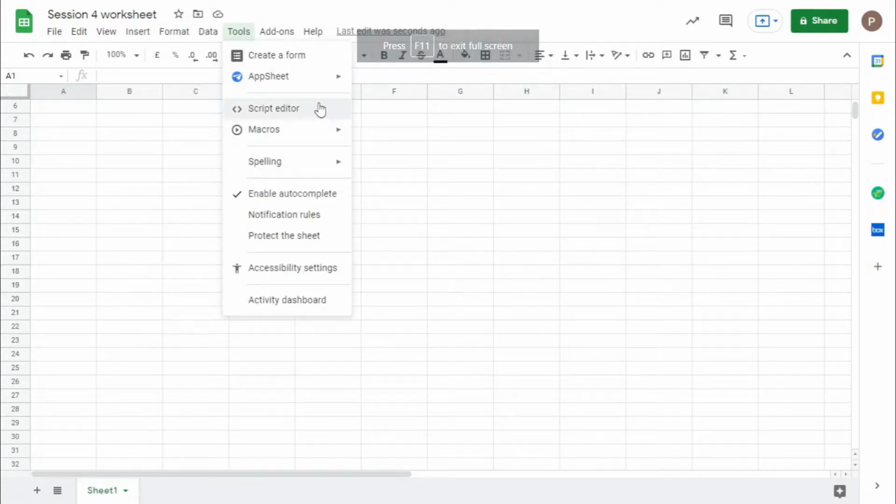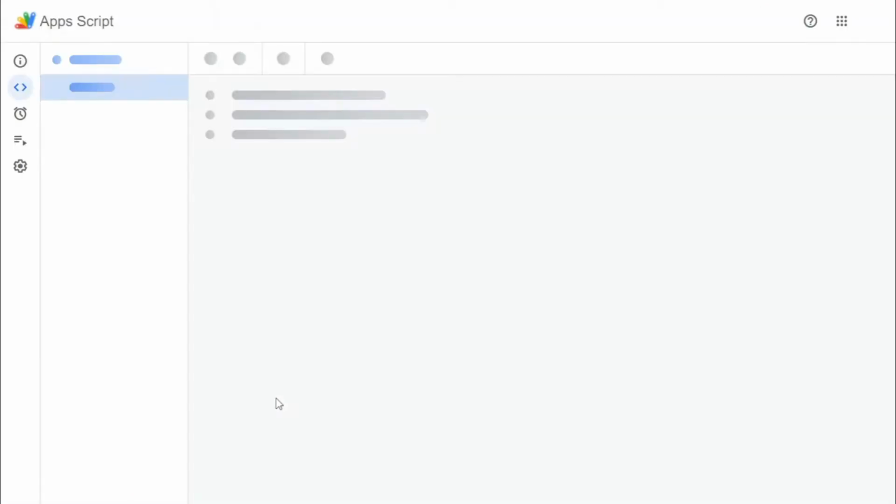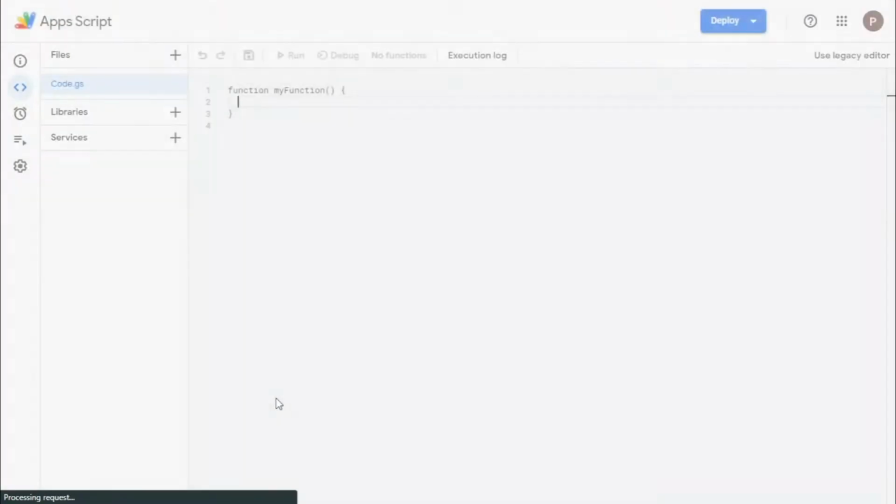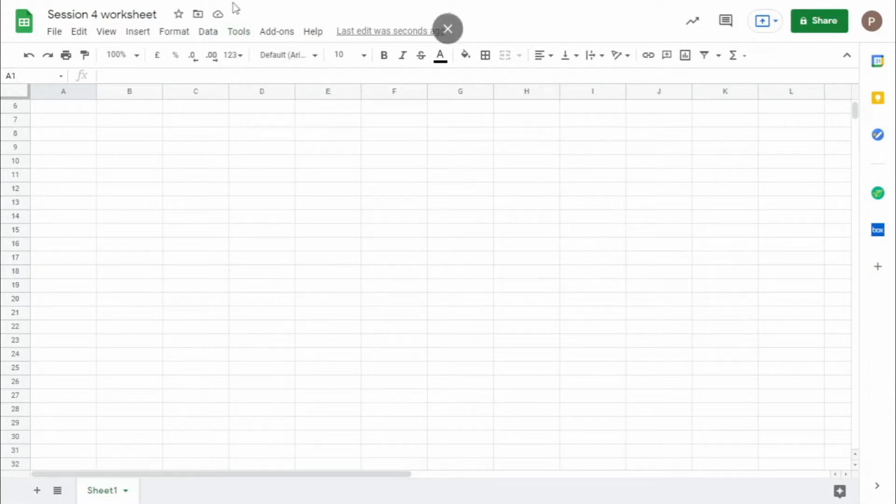Next, Script editor. Script editor is one of the advanced options and advanced uses of Google Sheets. Using it, you can basically write a code, like VBA, which is useful to create whatever operations you want. We will cover this in a future session. Opening this, you can type a code here and continue with your operations.